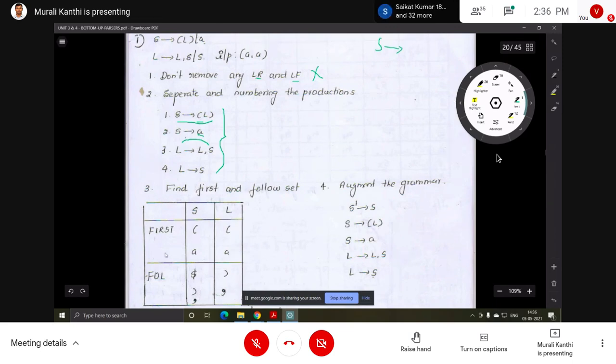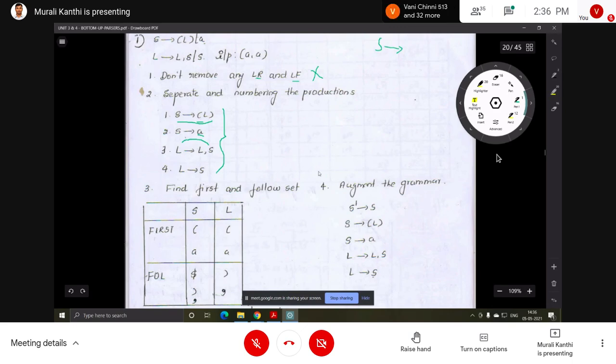Okay, so the third step, finding first and follow sets, is completed. Then the fourth step is augment grammar. Augmenting the grammar means just adding a new production to the grammar. That is a simple one.